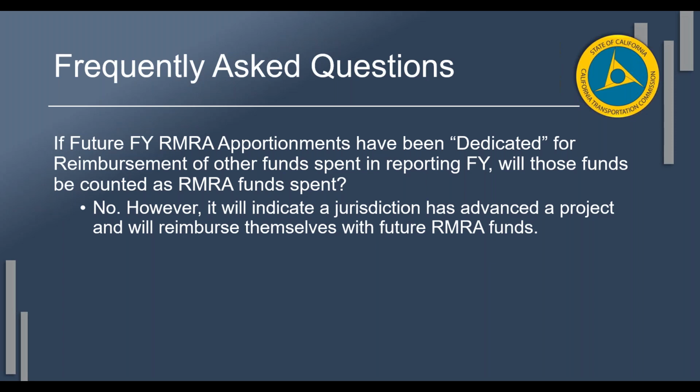It doesn't record as you spending it. It just tells us that you advanced the project and you're intending to reimburse yourself using RMRA funds from a future year. And so we know that that's the intention for the project, but it's not going to show displayed anywhere else other than to